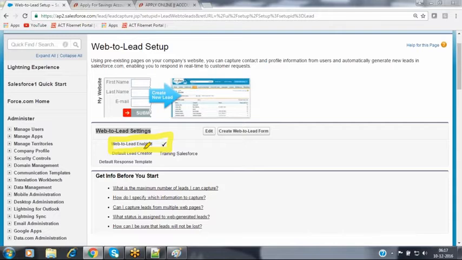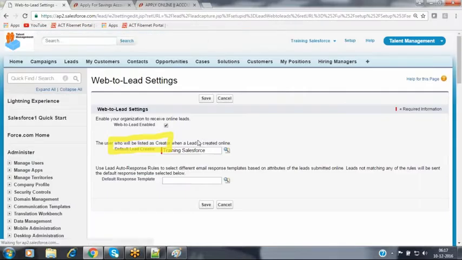If you want to disable that, then we can click on the edit button and deselect that checkbox also here. Unselect that checkbox and save. Nothing but your Salesforce organization will not receive any lead record through the organization website. Online leads we cannot capture in this case. Now let's see here. So now I want to make it enable. For that, here we can select web to lead enabled.